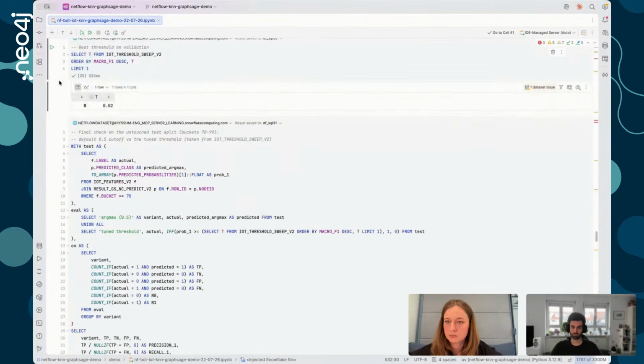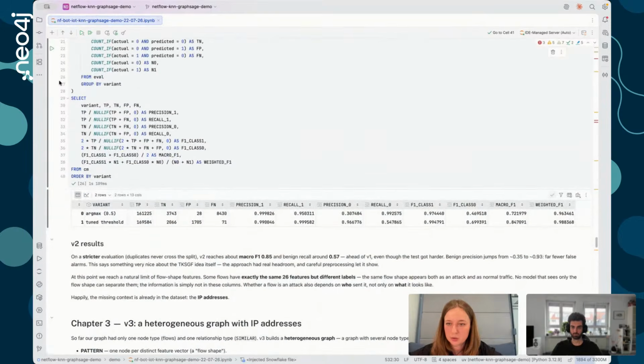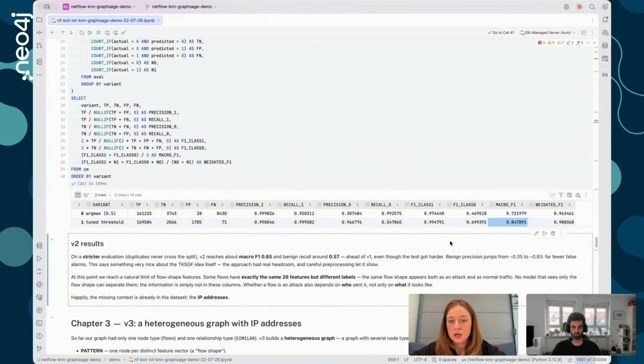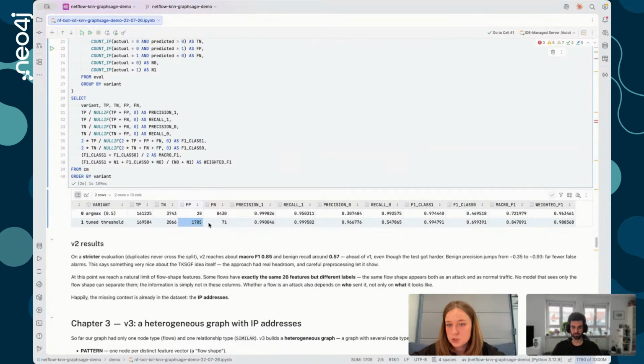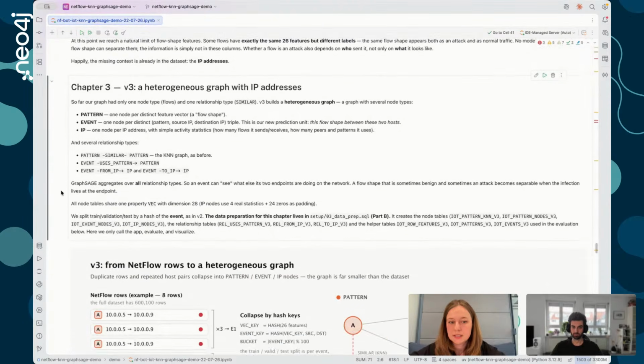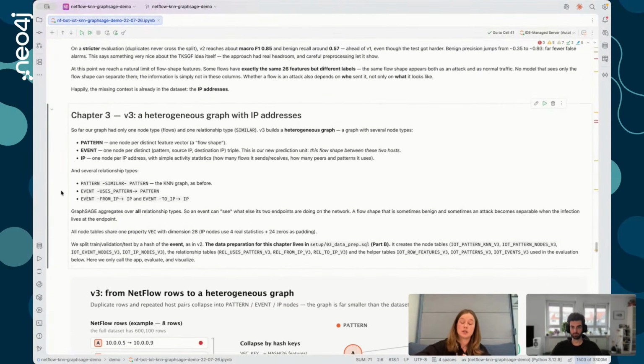flow. So here is some code, and here you see that for the tuned threshold, we've got a much better macro F1 score. It was 0.8 the previous time, and now it's 0.84, which is good. We've got fewer false positive and false negative values, which is really nice. Cool. And the next approach is to actually